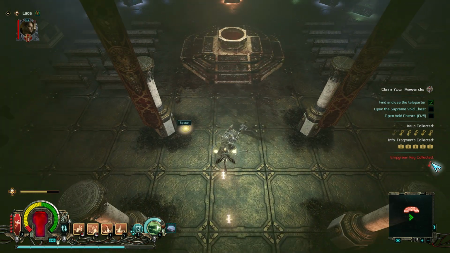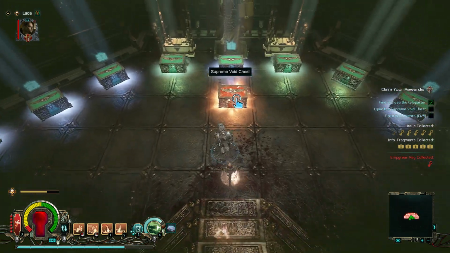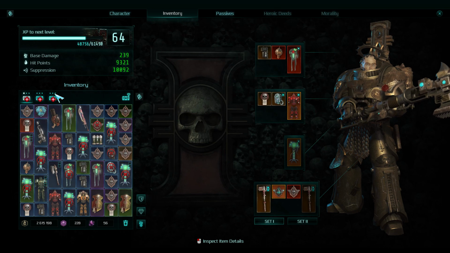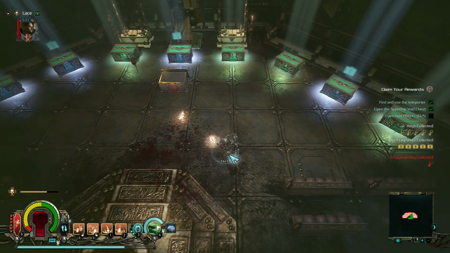I didn't have the Empyrean key, so I don't have that one here. Oh, hang on, I don't have one here, so this is the Supreme Void. I got a whole bunch of stuff here, and also very importantly, you have to ensure that you're not taking too much loot until you cannot fit into the bag. So now these are all the...